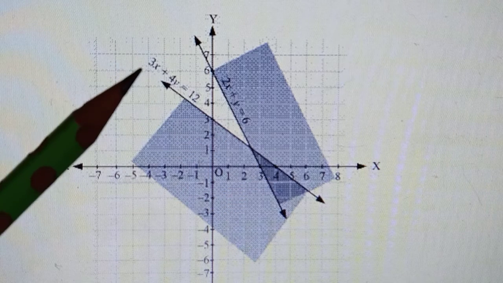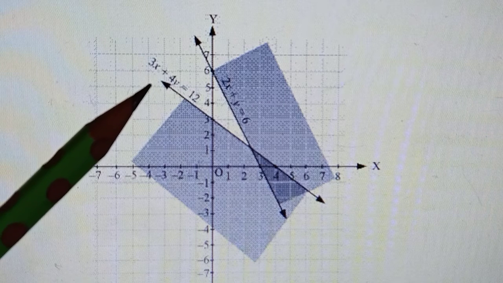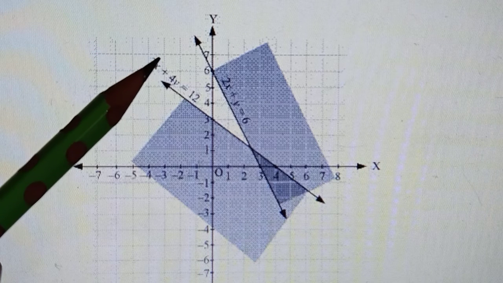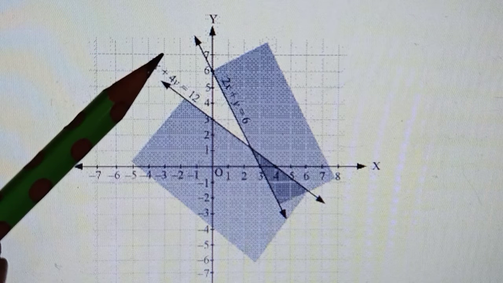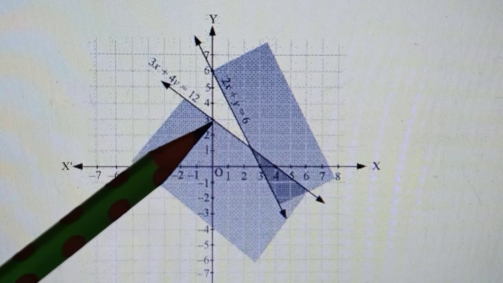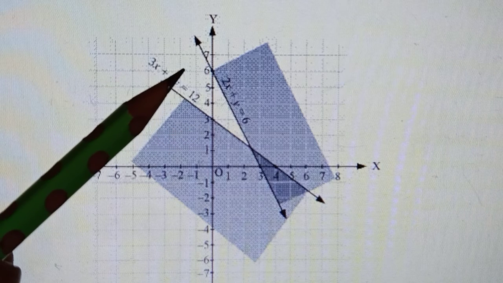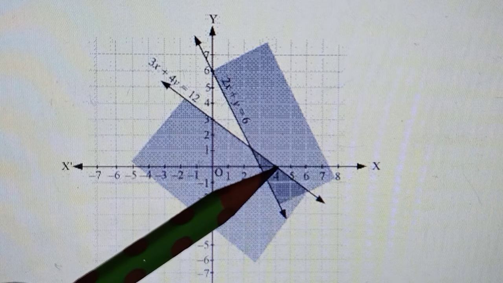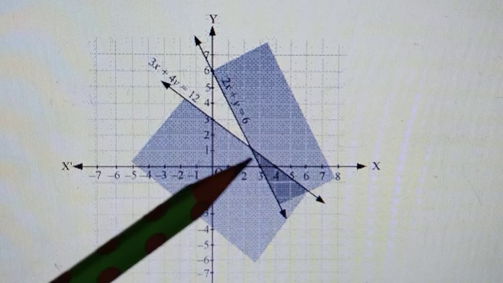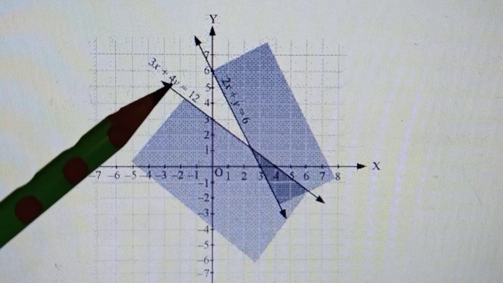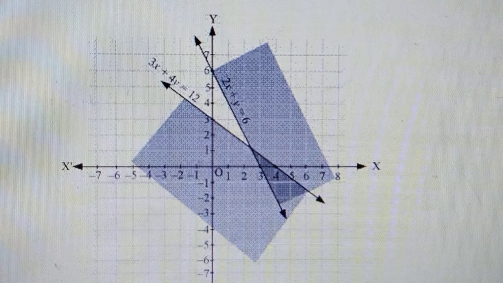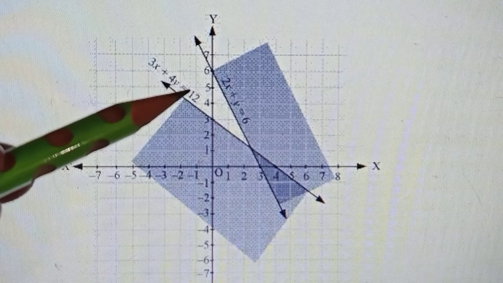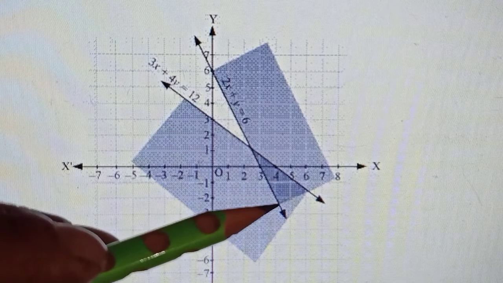The second inequality, that was 3x plus 4y is smaller than 12. तो equal to 12 के लिए हम पहले line बनाएंगे. Again put x as 0, you get y as 12 upon 4, that is 3. So 0, 3. Point highlight हो गया. Y is equal to 0 is giving you x as 12 upon 3, that is 4. So 4, 0. Okay. Join both these points. That is your other line. अब equal to sign, जब inequality में equal to sign होता है, we consider complete lines. Okay. And अगर only smaller than and greater than होता है, then we take dotted lines. I hope you all remember that.